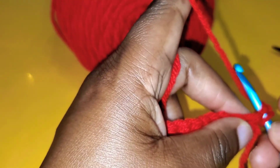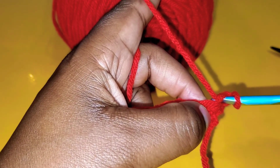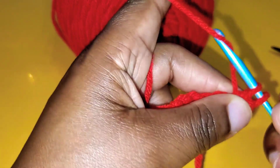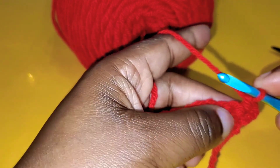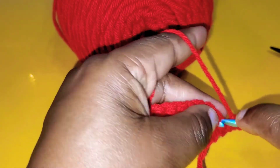Then you're going to put your needle on top of your yarn. And what you do is simply guide that yarn through those loops. You have 2 loops on your hook. And then you're going to go underneath both again. Now you're creating the second row of your chain stitches. So that's 1,